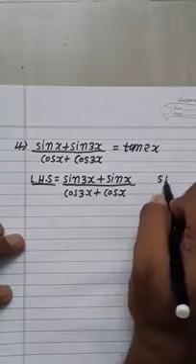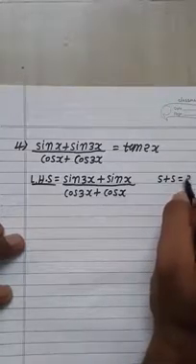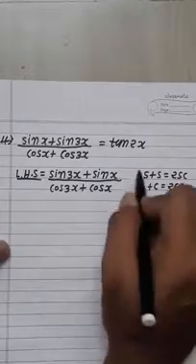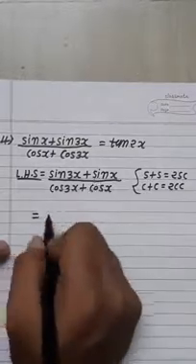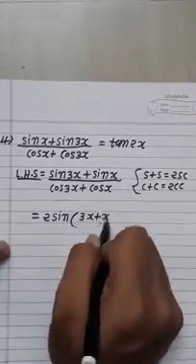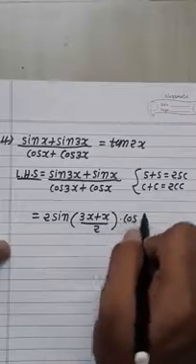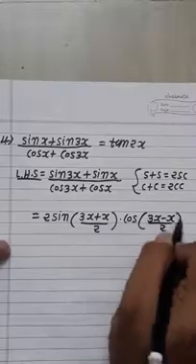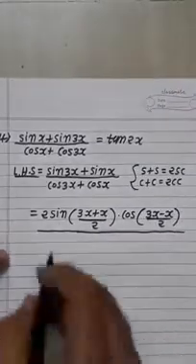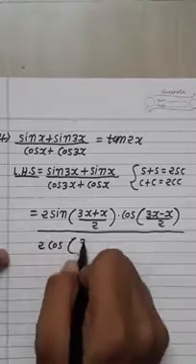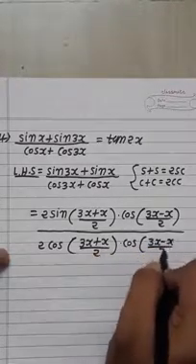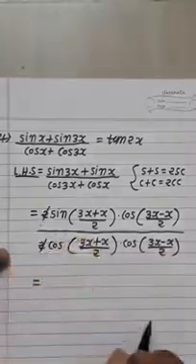Now here apply the sin plus sin identity, sin plus sin means 2 sin cos, and in the denominator the cos plus cos form, that means 2 cos cos, so is equal to, now sin plus sin means 2 times sin((3x plus x) divided by 2) into cos((3x minus x) divided by 2) upon, in the denominator cos plus cos, that means 2 cos cos, so 2 times cos((3x plus x) divided by 2) into cos((3x minus x) divided by 2), so is equal to, again here